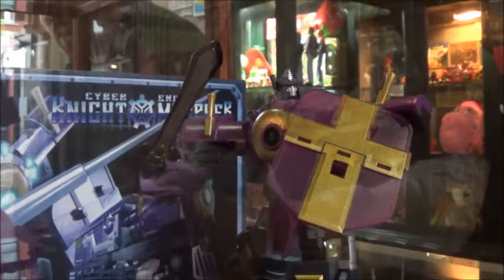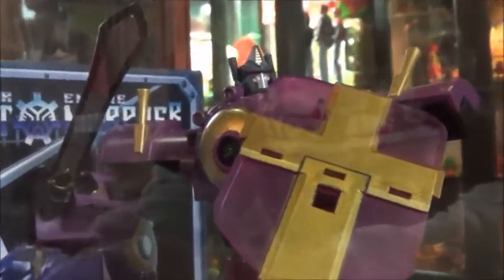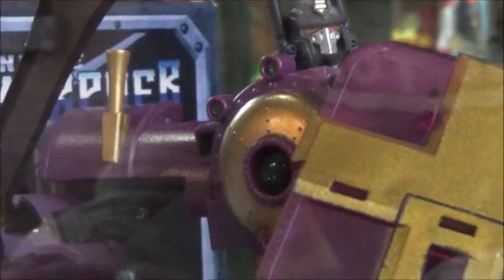And this guy, our purple train, he's basically the shattered glass version of the Hearts of Steel Optimus Prime, which was never actually put in the comic series, but there was concept art made, and then they made their own version. They made a toy based on that. We also did, this is the regular version, but we also did the,